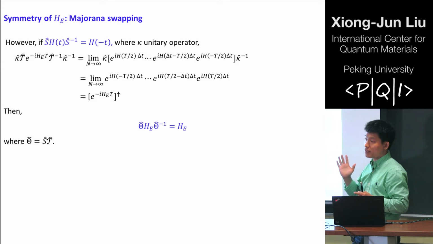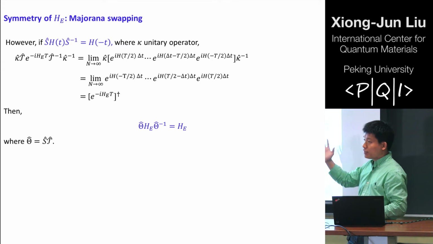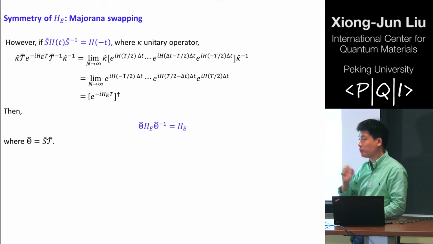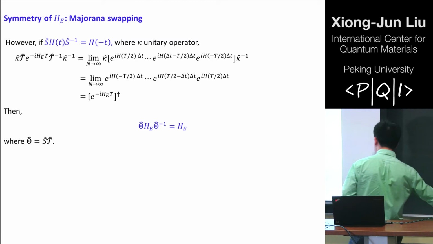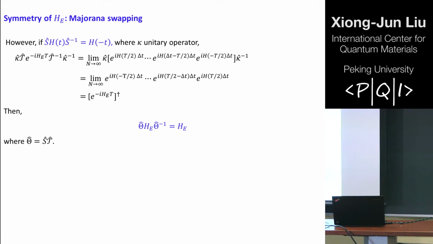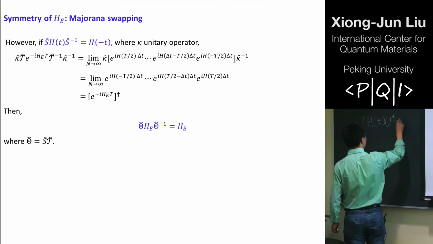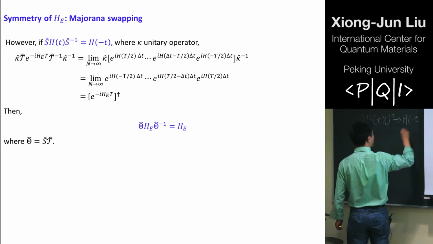And now the requirement is that if you do this transformation, furthermore, this transformation should also change the positions of your Majorana fermions. So maybe I can write it down in this way. Suppose you have some unitary transformation that takes H(t) to H(-t), and furthermore